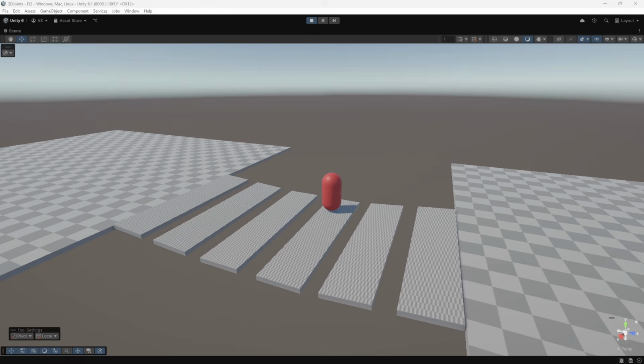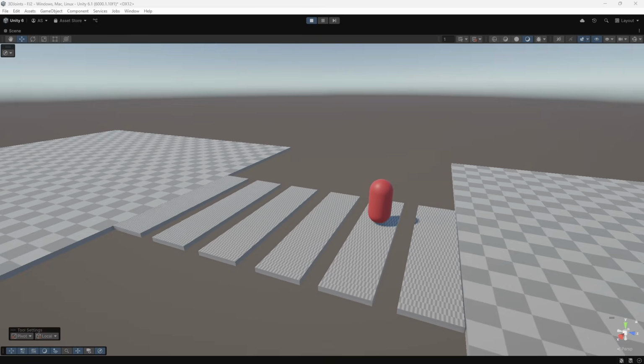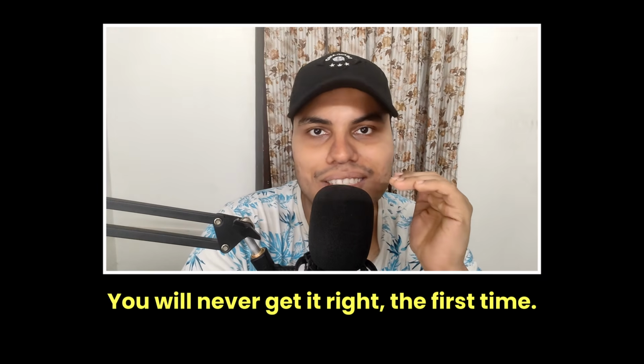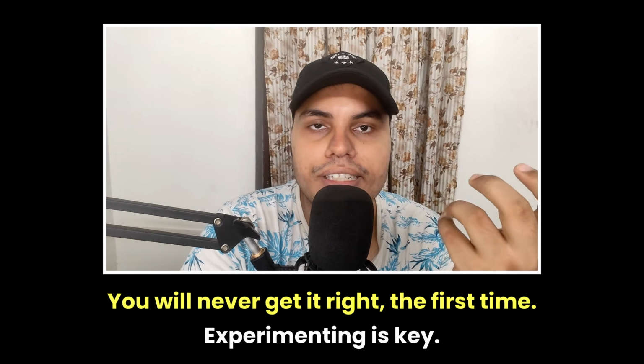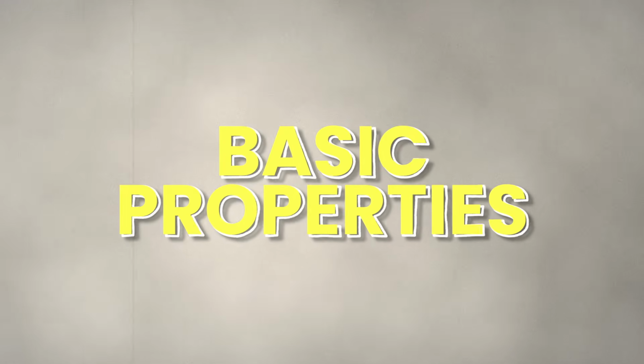Like making things springy and loose between two rigid bodies. I'm telling it to you now. You will never get it right the first time. It's all about experimentation. Before we get to each type of joint, it's important to understand some basic properties common